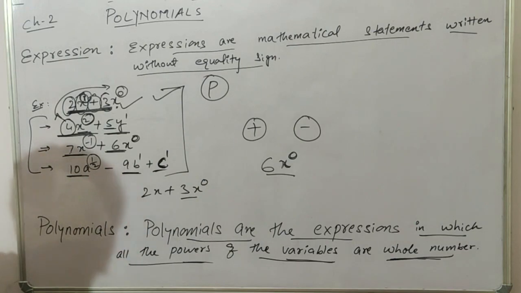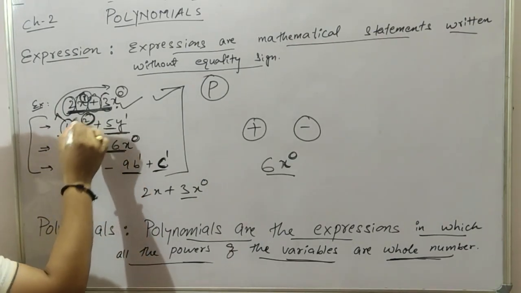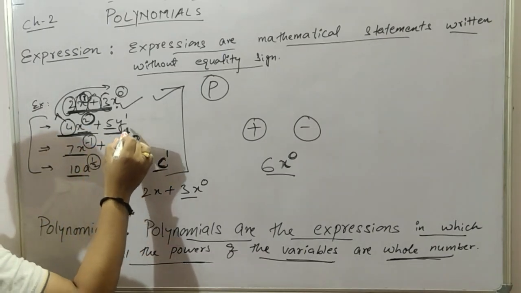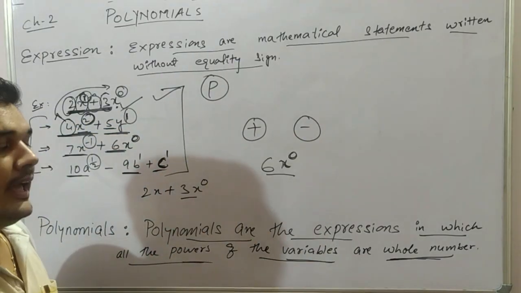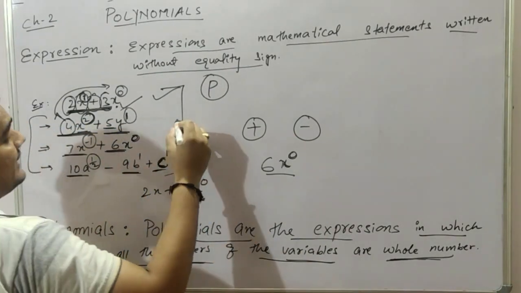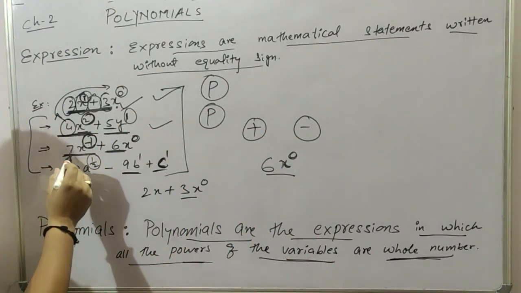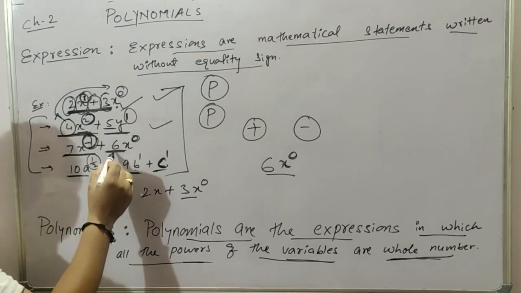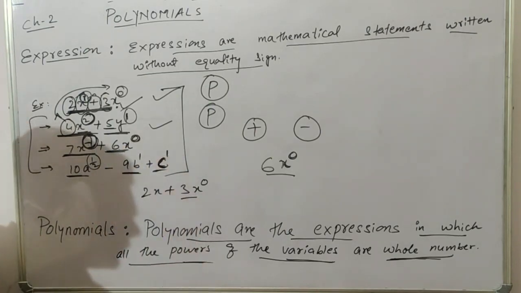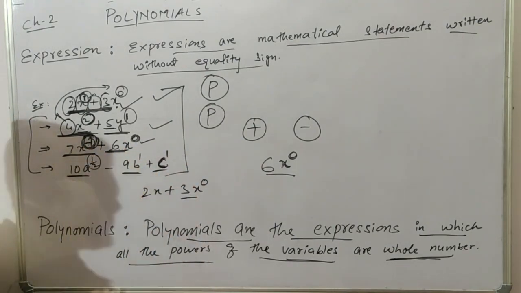Now come to the next example. If you check the first term, the power of the first term is 2, whereas the power of the second term is 1. So 2 and 1 are both whole numbers. If the variable's power is a whole number, again we will consider that a polynomial. Now check the next example. The power of the first term is -1 and the power of the other term is 0. Why 0? Because this is also a constant term. So -1 and 0. 0 is a whole number, but -1 is not a whole number.